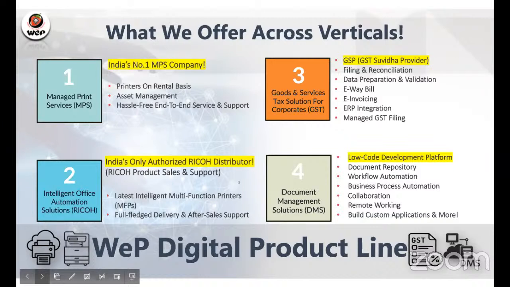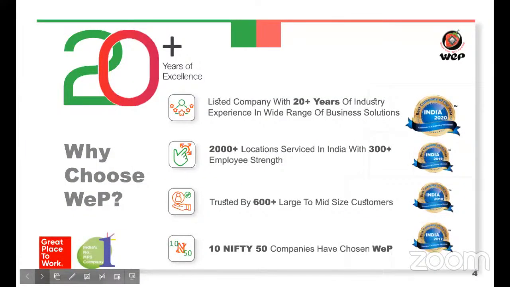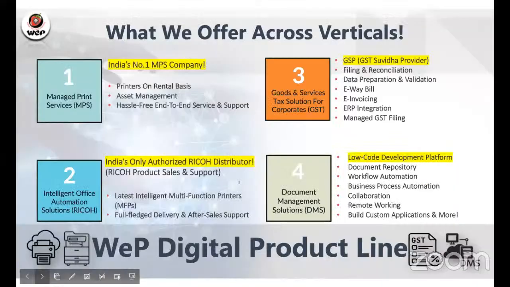Let's move on to the second offering, that is office automation solutions. We offer the latest range of best-selling intelligent office automation solutions. I'd also like to mention that we are the authorized distributor alongside Ricoh Japan to sell Ricoh products in India. So we have a wide range of MFPs, that is multifunction printers, on offer, mainly for office use. And we also deal with the sales and support of. Saurabh, you'll have to move to the previous slide again. I haven't covered serial 3 and 4.